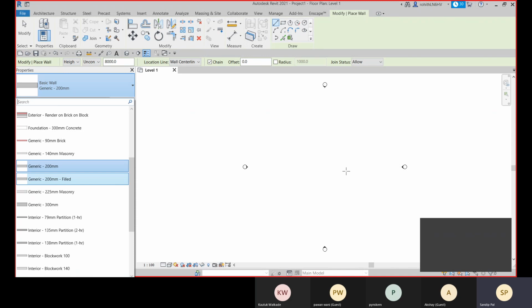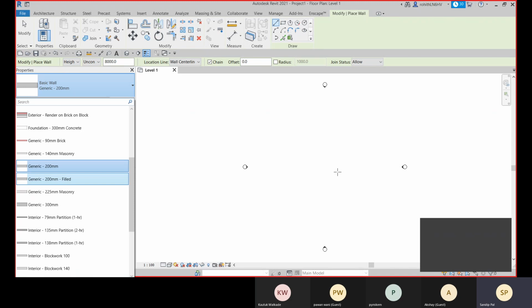Okay, so layers are like your membrane layers, thermal layers. These are the layers for your wall. We have core layer, substrate layer, membrane layer, thermal layer, and finish layers.